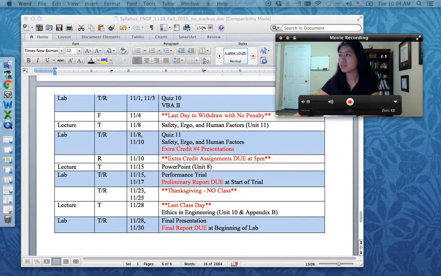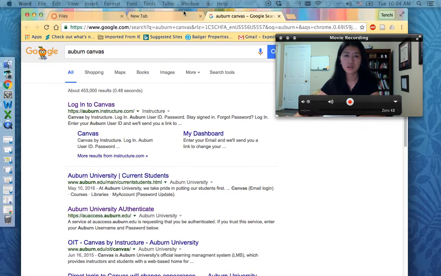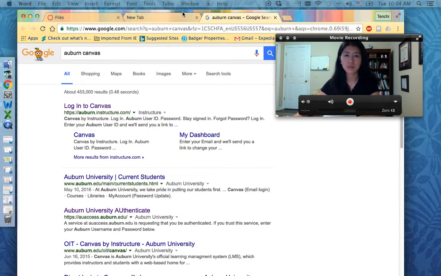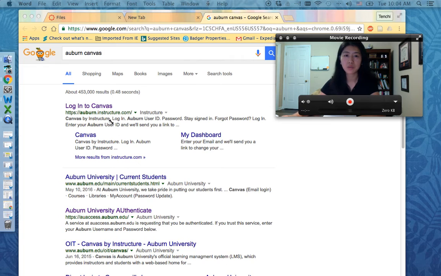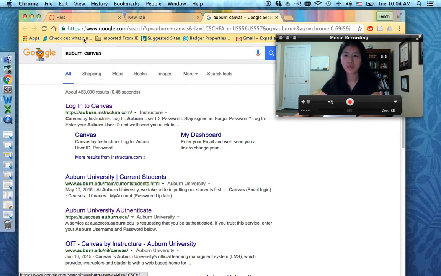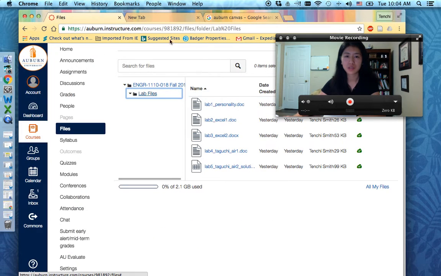Next, I'd like to show you some items on Canvas. If it's your first time using Canvas, just search Auburn Canvas in Google, and the first entry will be the correct entry. As you click on that, log on with your Tiger Mail credentials, and you'll be able to log on to this page,